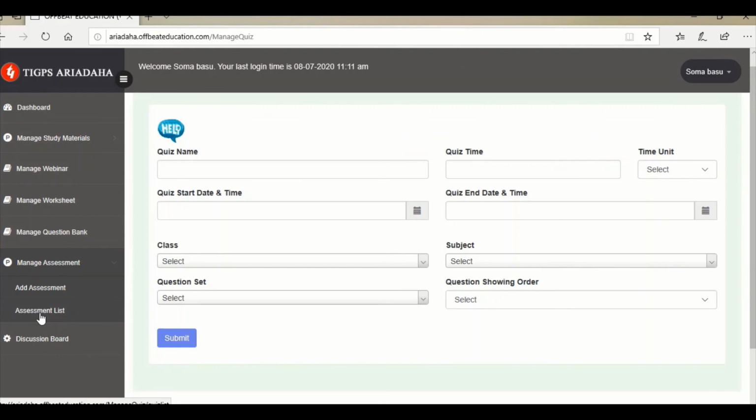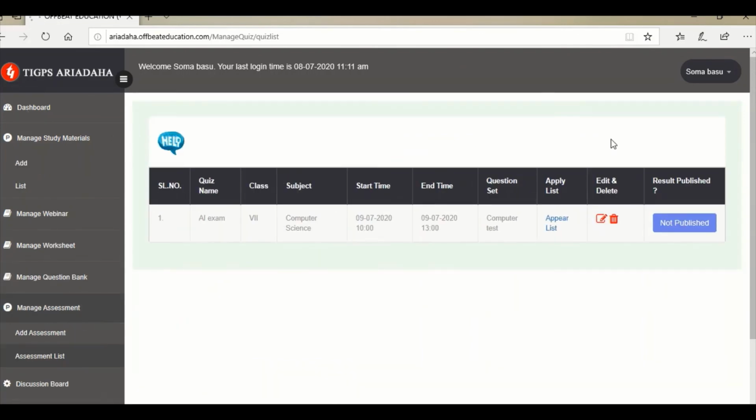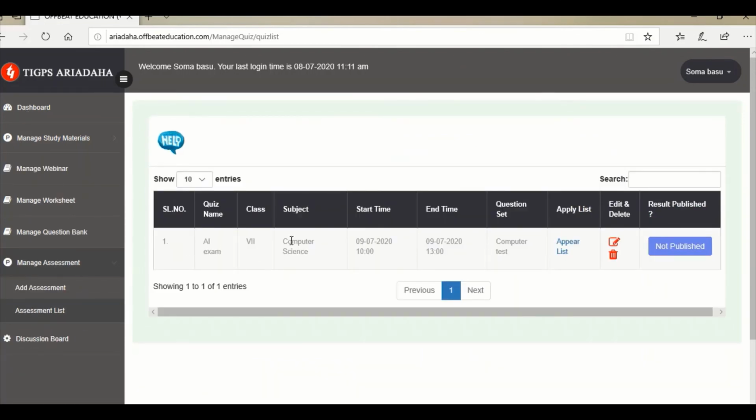Then go to assessment list. You can see the assessment list, whatever you have set for the student. So quiz name, AI exam, class, subject, start time, end time, question set, appeared list. That means how many students have appeared for this exam.